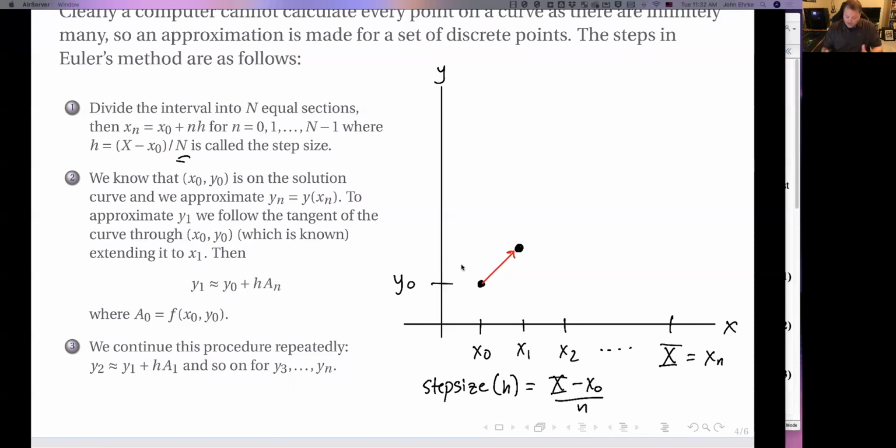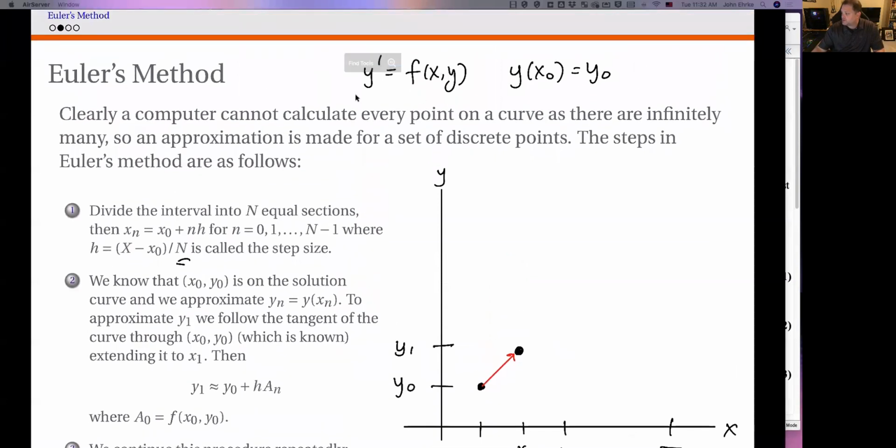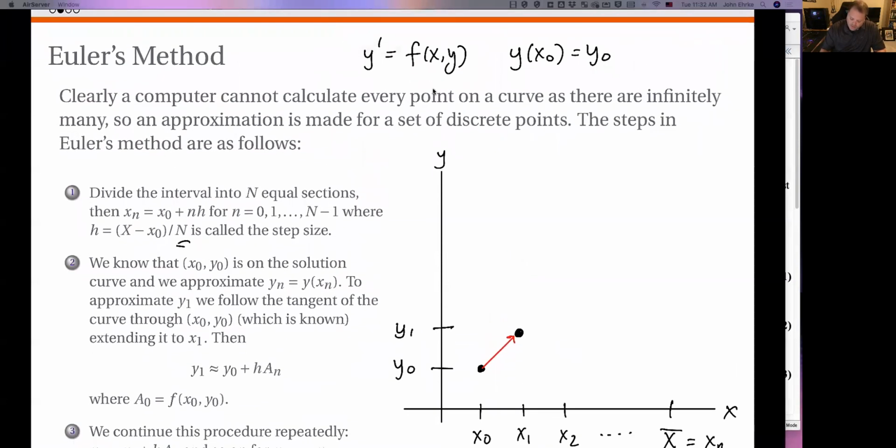So all I'm doing here is I want to calculate where this new point exists. Well, this new point, I'll call it y1. How do I calculate y1, this new y value, because I know I'm stopping at x1, the next x value in the interval? Well, it's actually pretty simple. I know the slope, the differential equation, right? The differential equation gives me the slope. The slope at this point